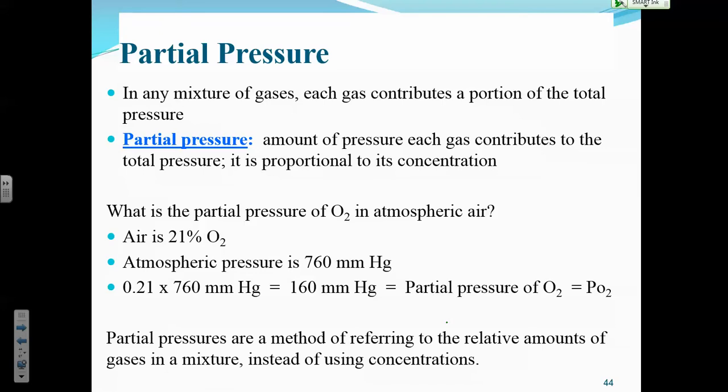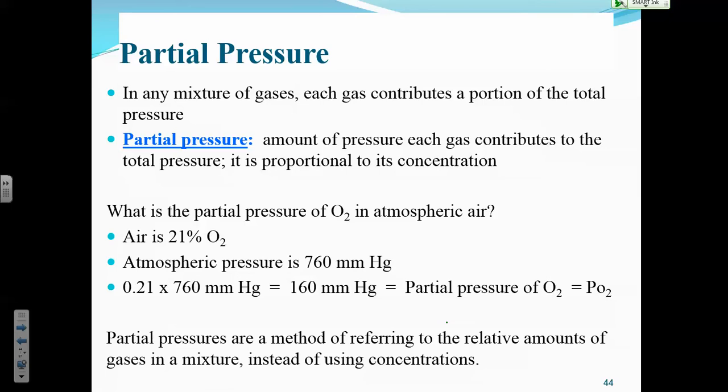Now, as we look at the movement of the gases, we're going to be talking about this aspect of gases called partial pressure. Now, we've talked about air pressure, right? But you realize air is a mixture of a lot of gases. Did you know that? Oxygen and CO2, but do you know what gas is mostly in air? Nitrogen, which really doesn't do anything in us. It goes in and it goes out.